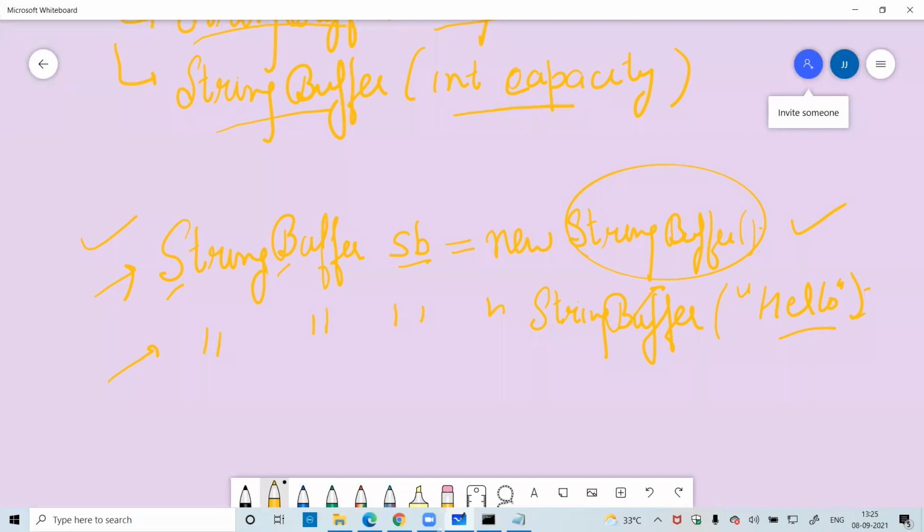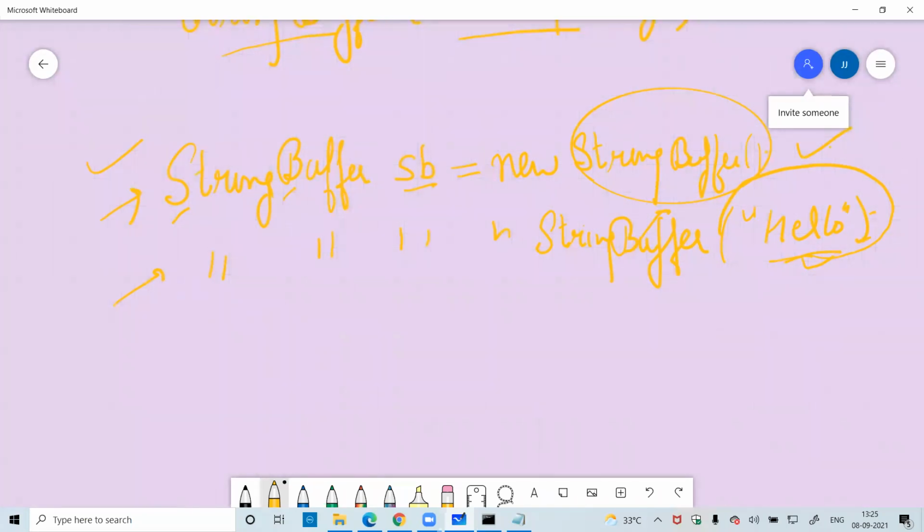The first is mandatory whenever you want to use the StringBuffer class, and this is when you want to enter a string within the StringBuffer. The third constructor is the same. You can take any different variables also. I'm just giving you the syntax. We can take any reference variable, write new, and again write the StringBuffer constructor class.